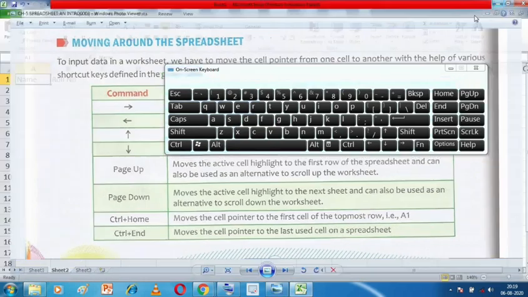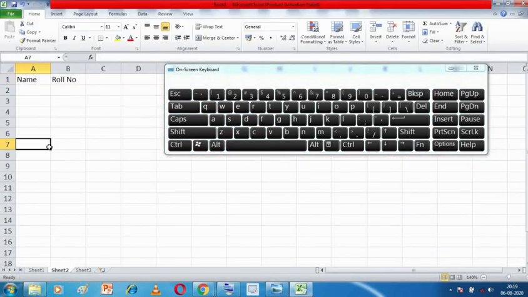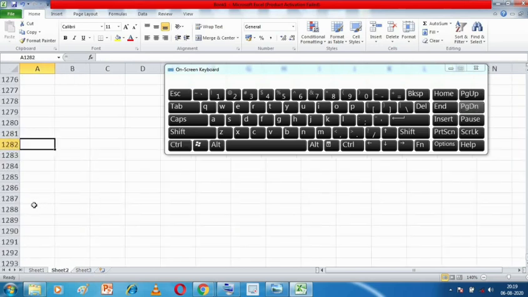What this means is, suppose I came over here using the Page Down button, to the very bottom. Suppose I came to this cell, A1288, row number 1288, and I typed something over here, Chapter 5, suppose.